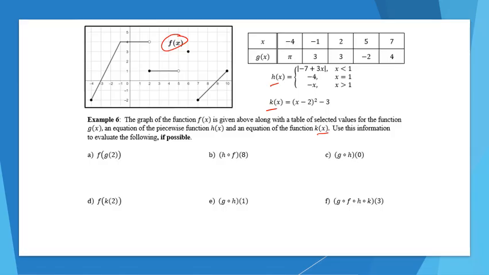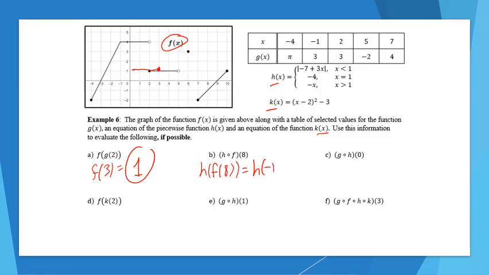So f of g of 2, this should be f of, and then g of 2 from the table is 3. F of 3, right, when x equals 3, our f of x should be equal to 1 from that point there. So this should just be 1 for part A. Here you have h of f of 8, which is equal to h of, and then f of 8 should